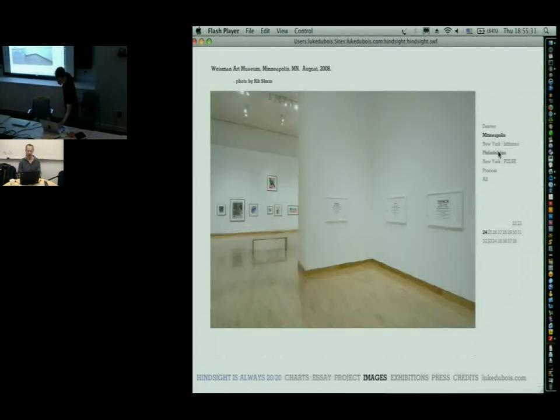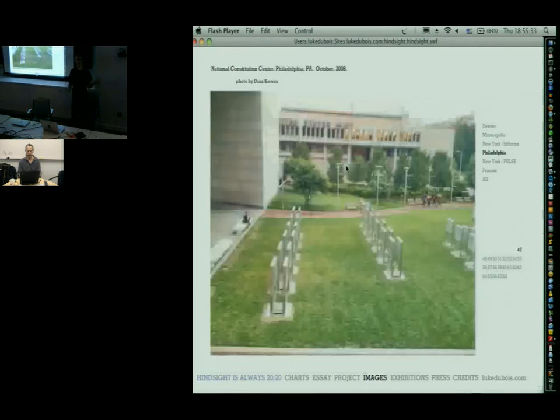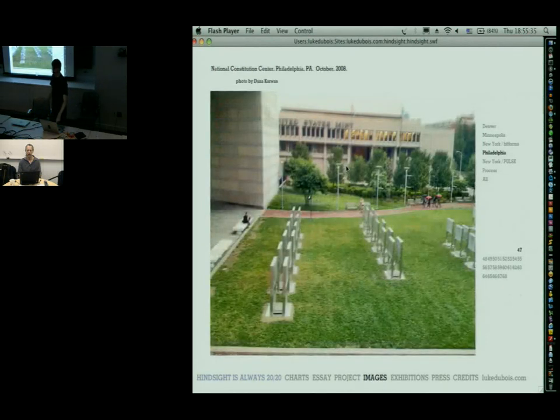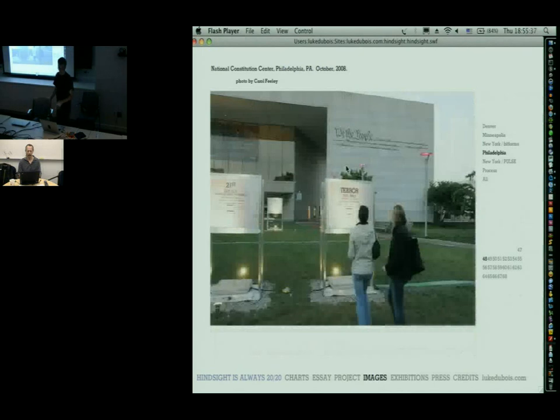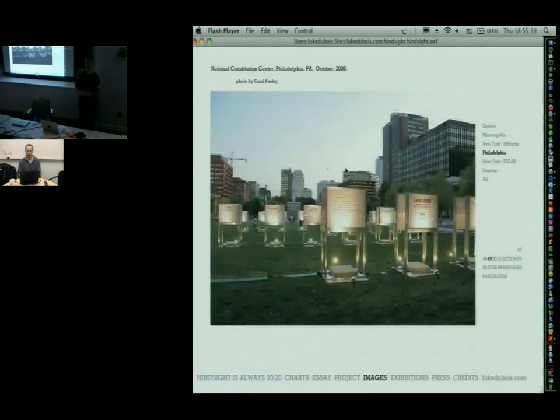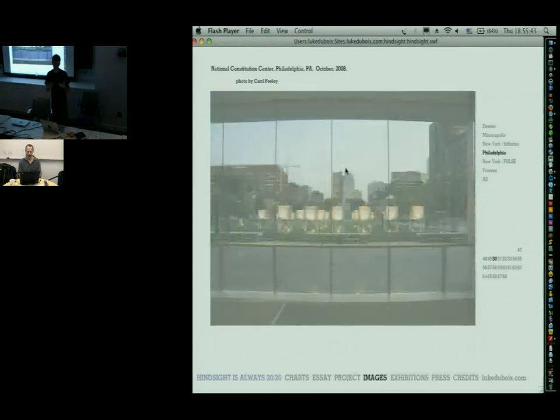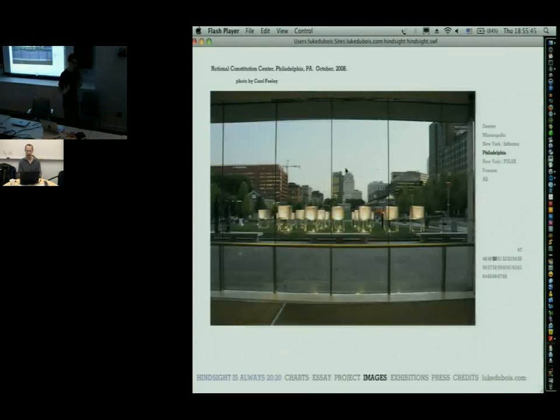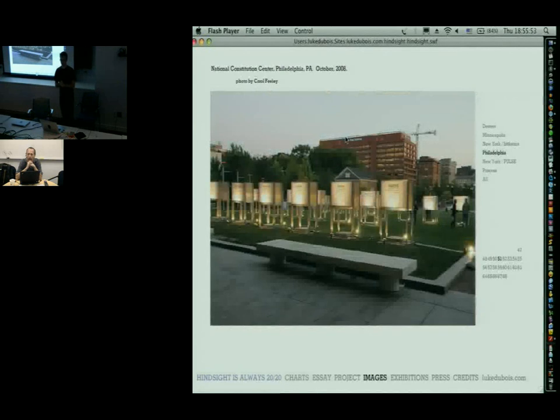And they've been sort of touring around. And I thought they were kind of interesting. This is at the National Constitution Center in Philadelphia. This is where it was during the actual election in 2008. What's interesting about them is they give you a really interesting insight into presidential rhetoric of any given time period. And the idea behind the piece was that the State of the Union address is a piece of political